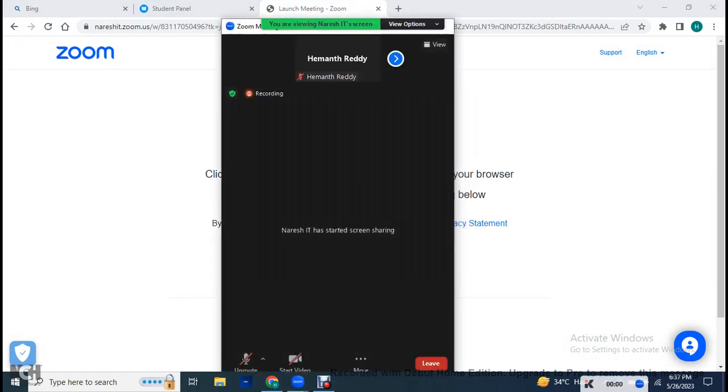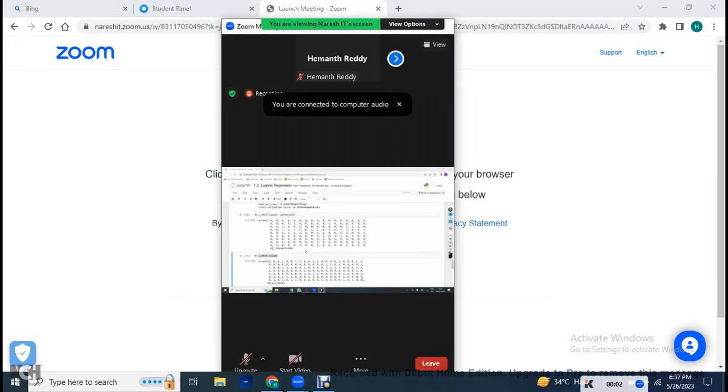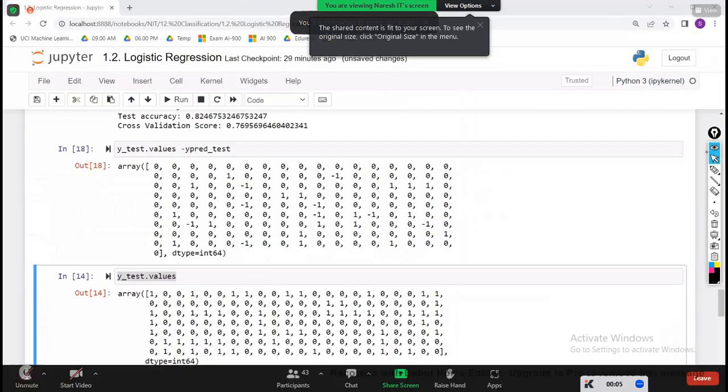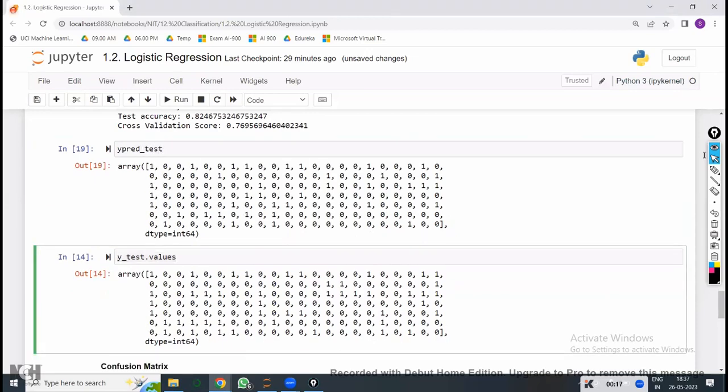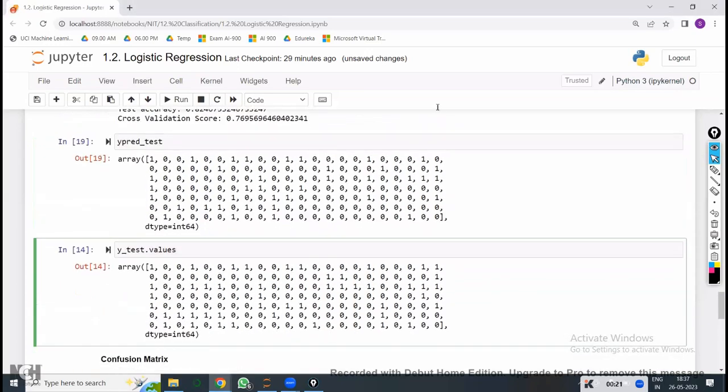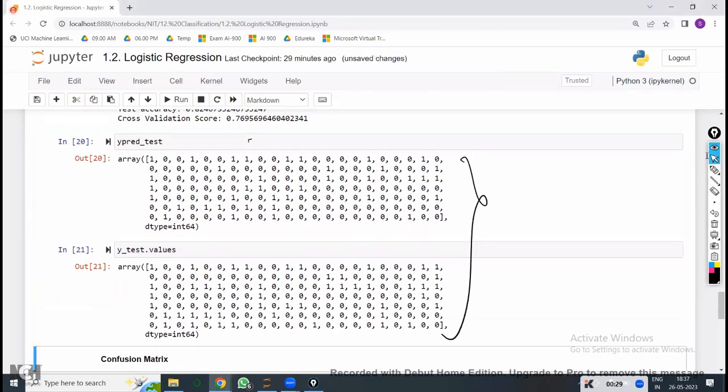So you can easily identify which are the wrongly predicted values. If you calculate the total number of wrongly predicted values between y_pred_test versus y_test, if you observe these two, that is y_pred_test versus y_test values, and identify the wrongly predicted values, or take the data like this, and